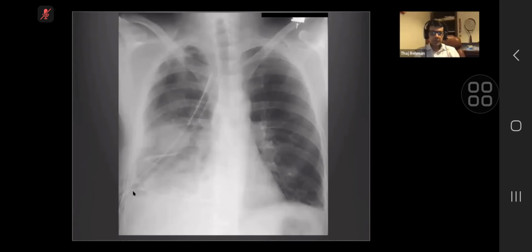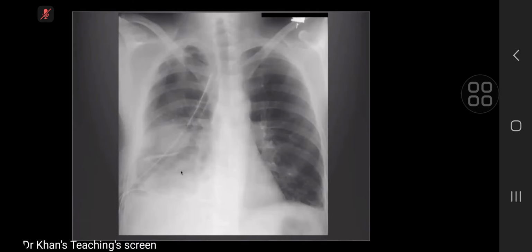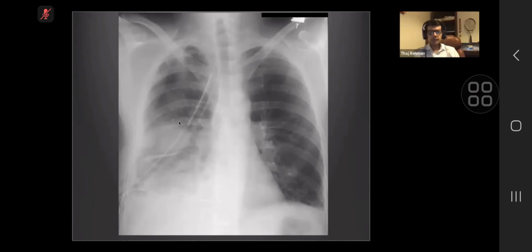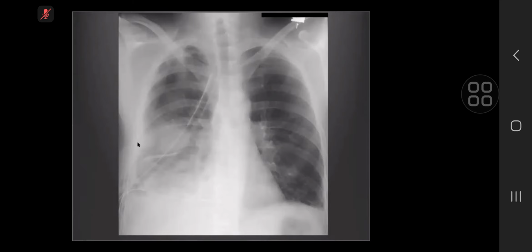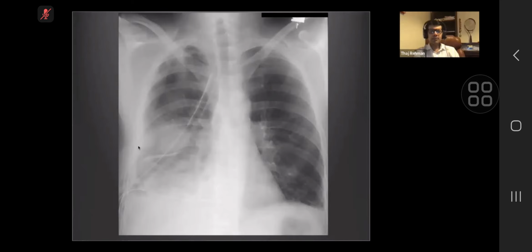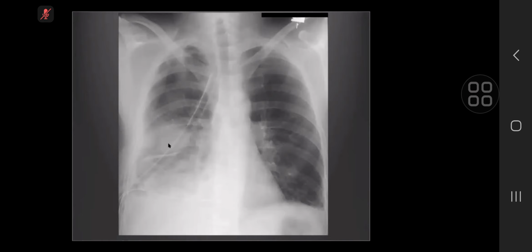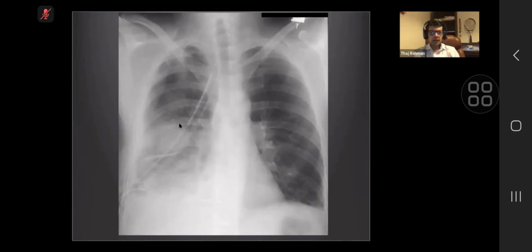So are you referring to this one? Which is the cavitation? Yes, and then there's mixed cavity. So there's opacification with central lucencies, and this could be an underlying abscess as well. Yeah, that's fine. What about that? What's happening there? So there's airspace opacification there. Yes, you can describe it. So it's quite characteristic of